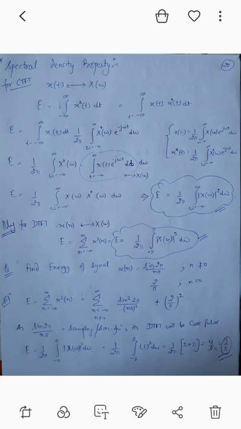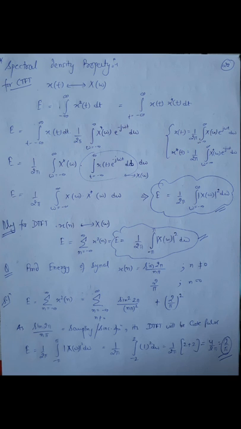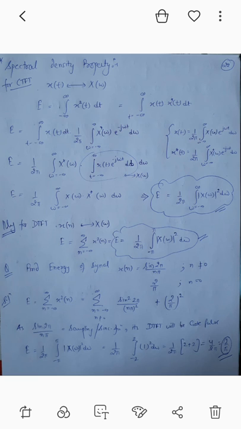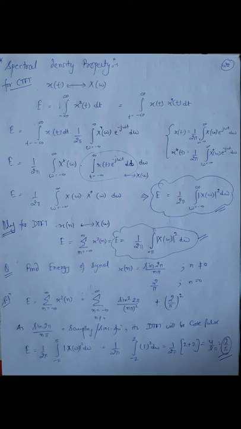Now let's go for the question. Find out the energy of the signal x[n] equal to, for n equal to 0, its value is 2 pi. For n not equal to 0, its value is sin 2 pi by n pi. Energy is given as the summation of x square n, where n varies from minus infinity to infinity. So put in the values: 2 plus 2 by pi whole square for n equal to 0, and for n not equal to 0, its value is sin square 2 pi upon n pi square.